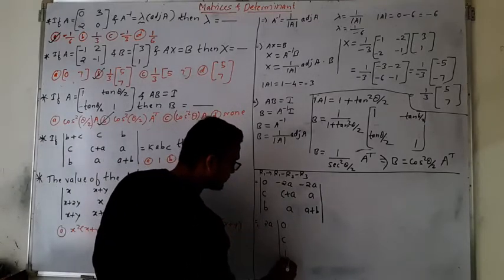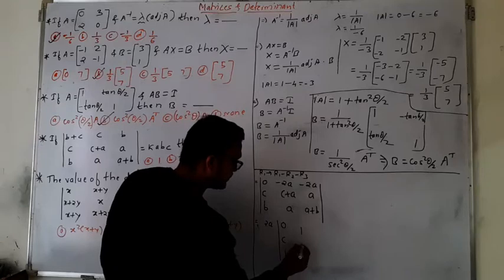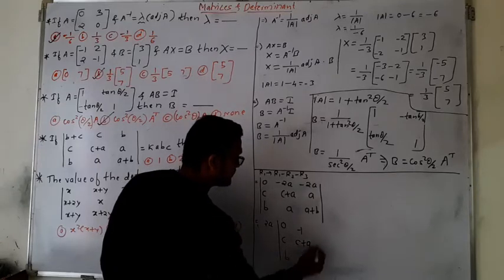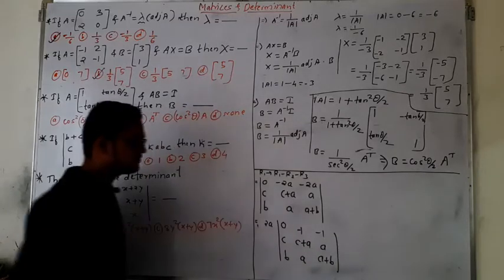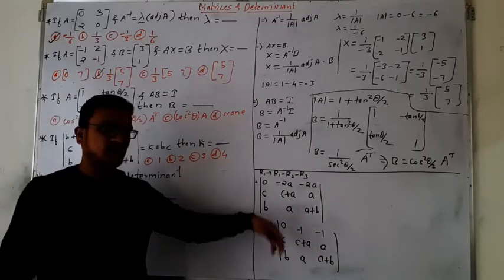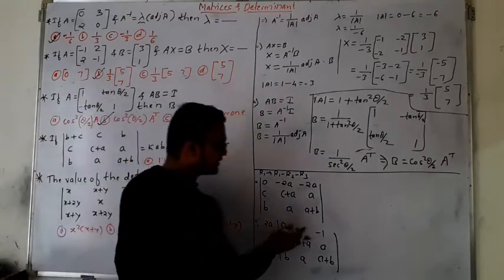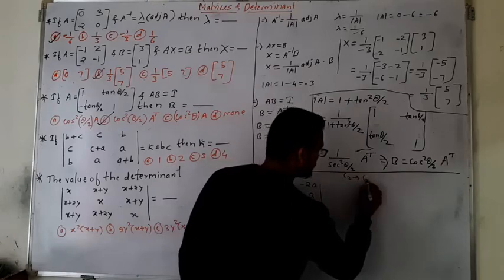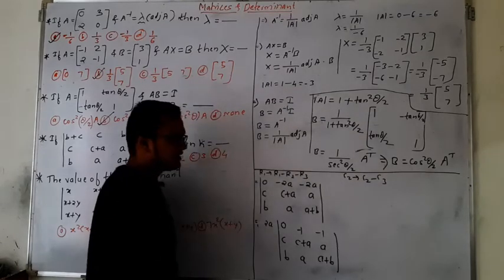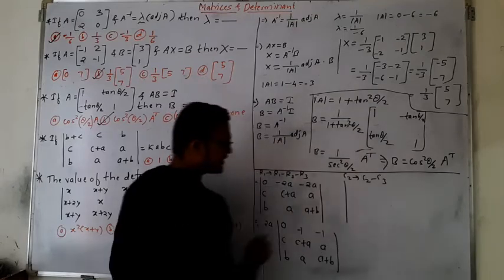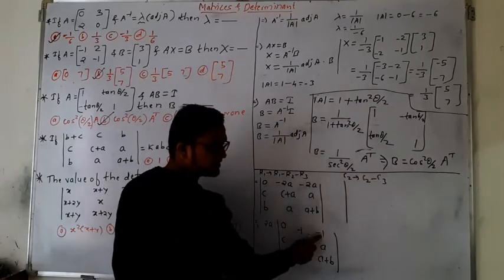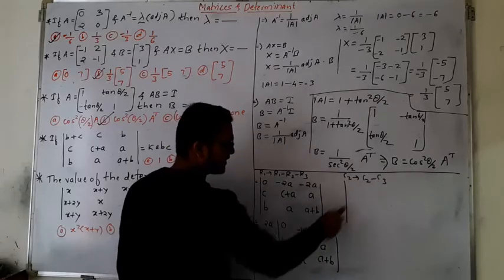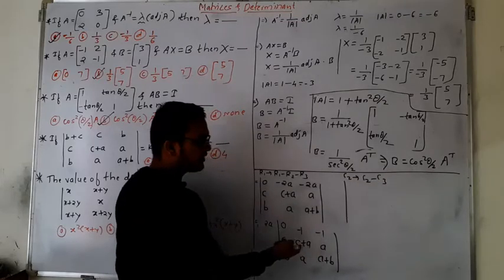Then what is left? 0, C, B; 1, minus 1, C plus A; again minus 1, A plus B. Okay, here we got a 0. Now again try to get another 0. We can do that. See here, if I apply the operation C2 changes to C2 minus C3, do we get 0? Because here minus 1 minus C3 is again minus 1, so this minus gets plus. So minus 1 plus 1 again becomes 0.